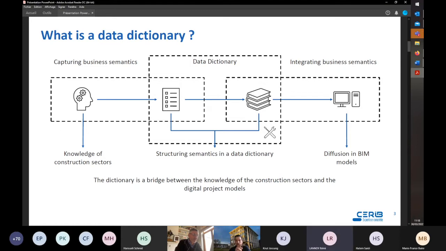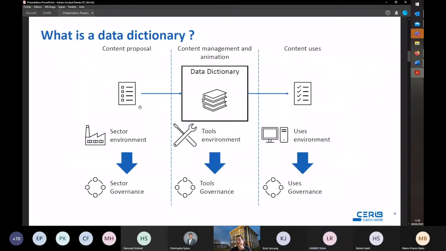A dictionary is a tool for capturing, structuring, and integrating what we call the semantics, the data. A data dictionary is a power tool, I would say.